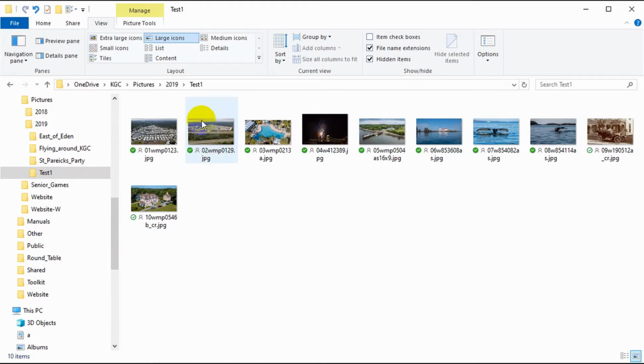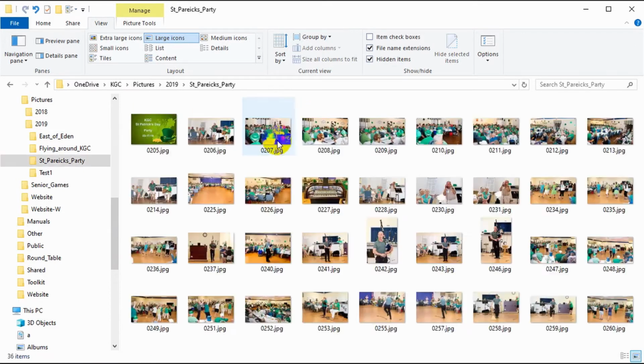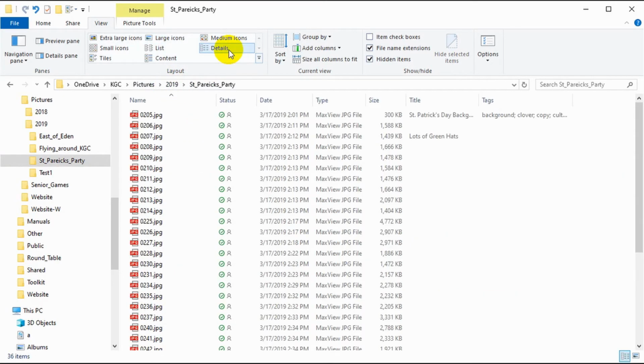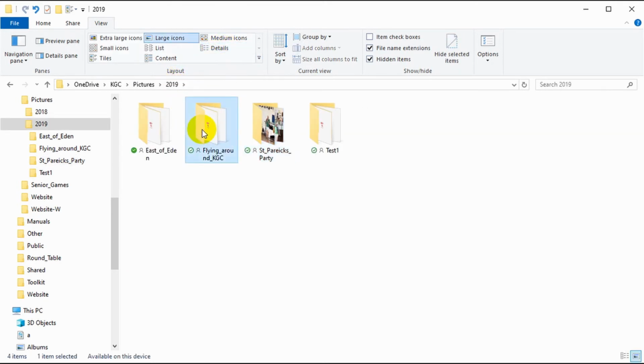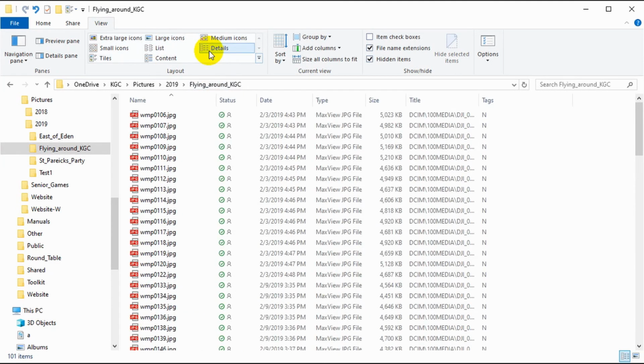Now, let's go look at this folder. Sure enough, it's got the view large icons. And if we looked at this in details mode, we still have the columns. If we go look at a different folder, once again, we get the folder with large icons, but if we go to details, we see it has a title, which is some ridiculous title filled in by the drone that took the pictures, and a tag of N, which